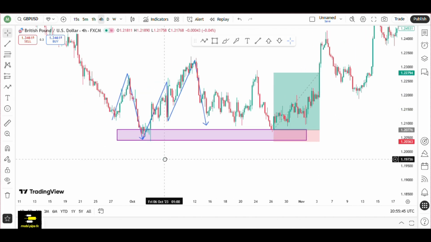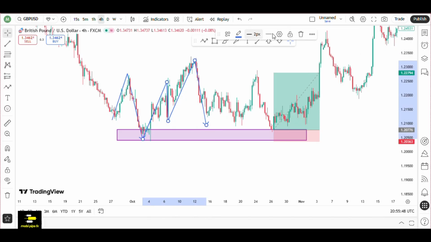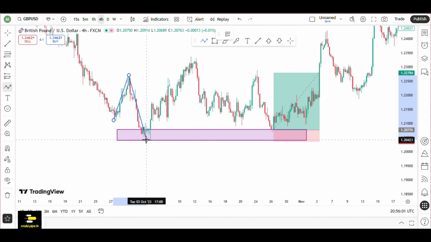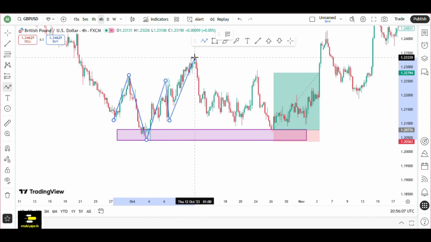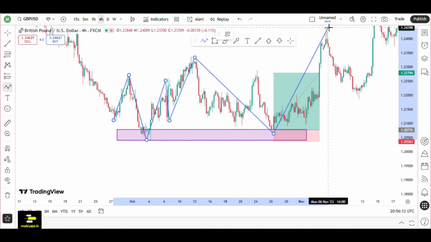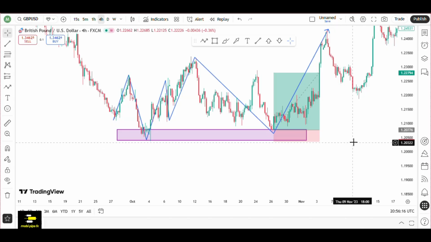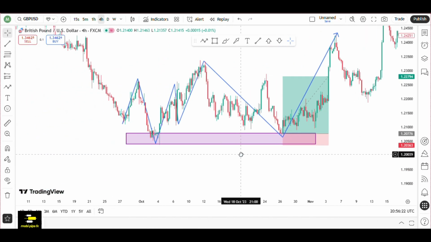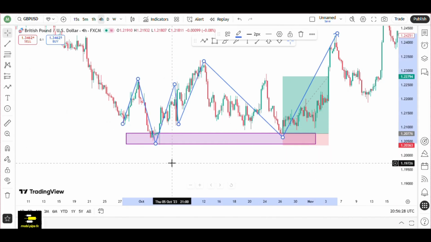All right. So what did we see here? We saw basic market structure fail. We got our sweep, structural liquidity, transactional liquidity coming down here for the actual buy to the upside. Yeah. So let me label it for you.